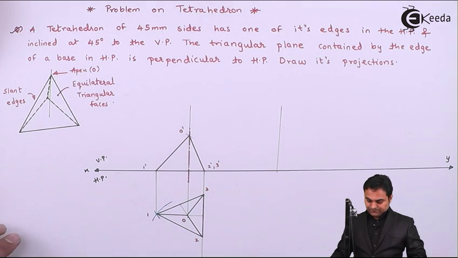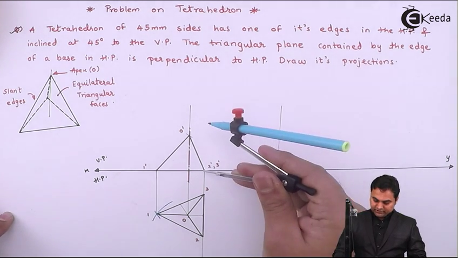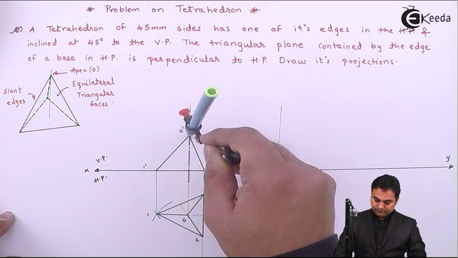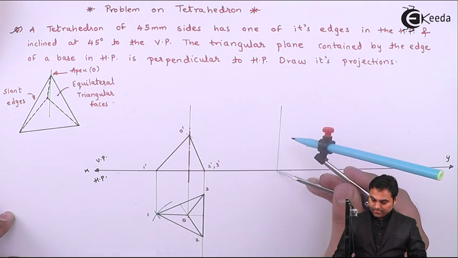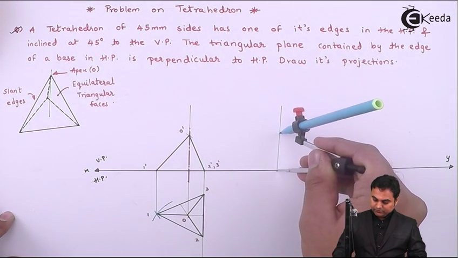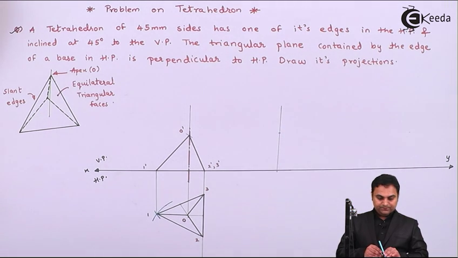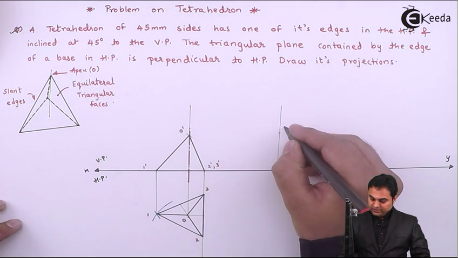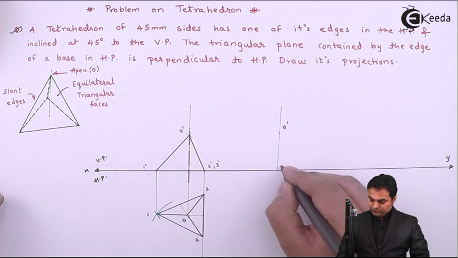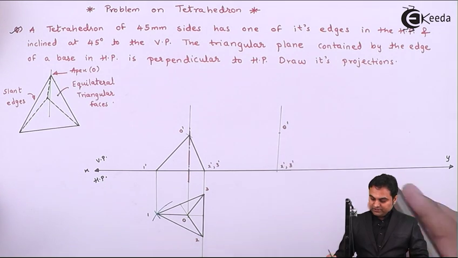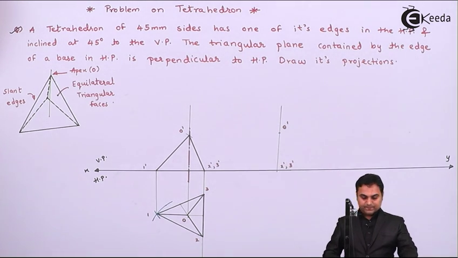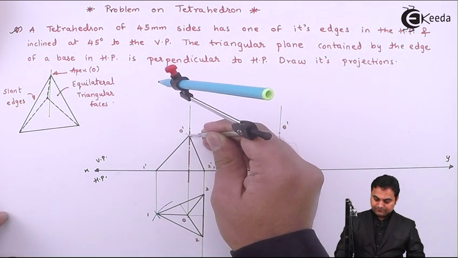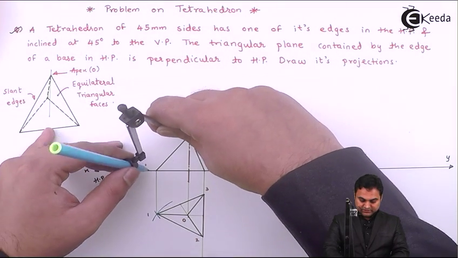measuring the distance of the edge from 2 dash 3 dash to point O dash, marking it over here on this vertical line. Now this gives me point O dash of the apex, and here we have 2 dash comma 3 dash. Next, after that, from O dash to 1 dash,